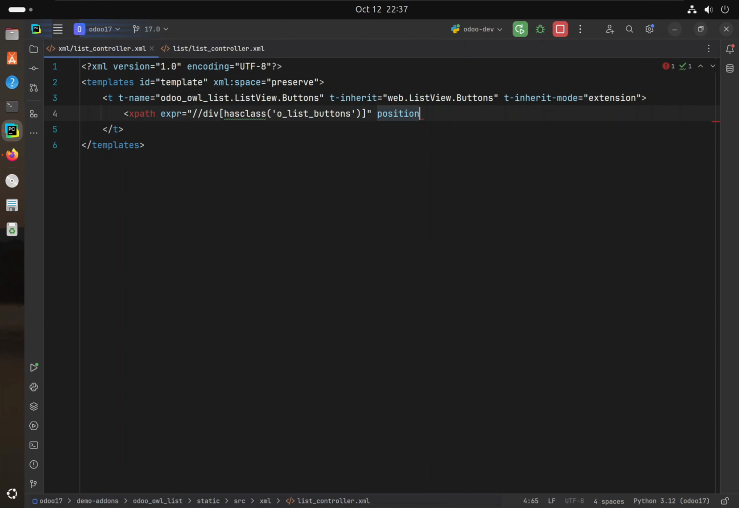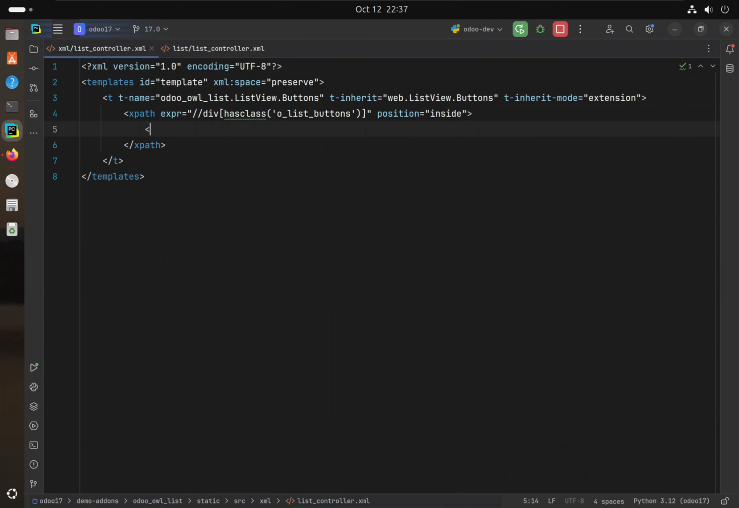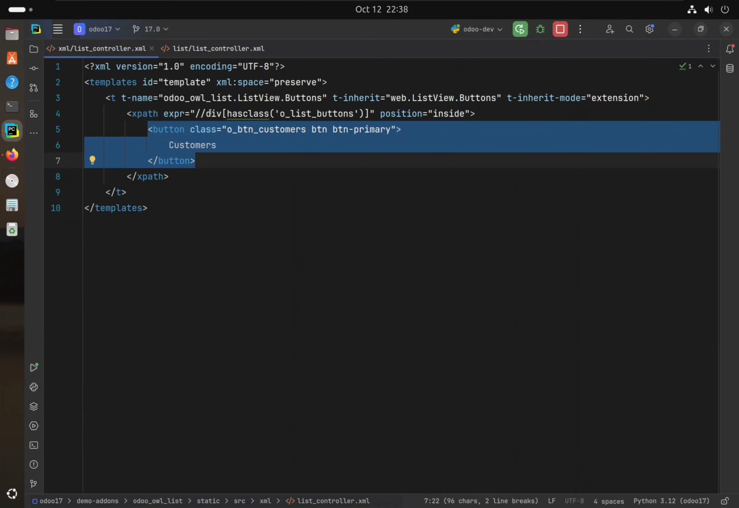Next we have to specify the position of whatever code we are going to put inside this, and that would be inside because we want to put our button inside this div. So then we are going to add our button. Class equals to, let's say, customers. This is just to identify this button in case we are going to use it. Just put it as a normal button, and I'm just going to name it as customers. By doing so, it will add this specific button inside this div,